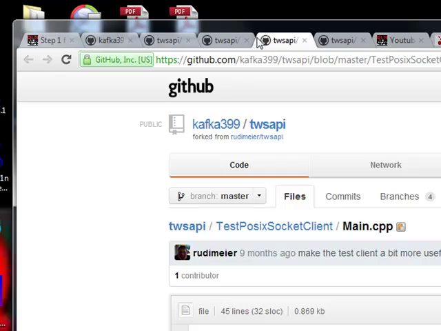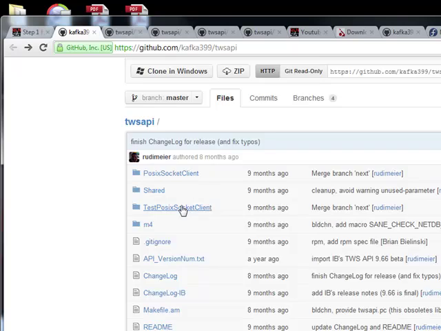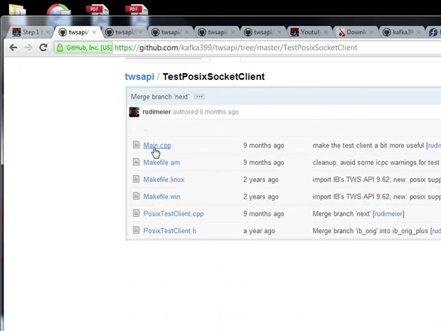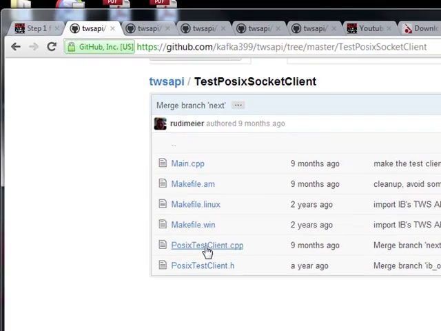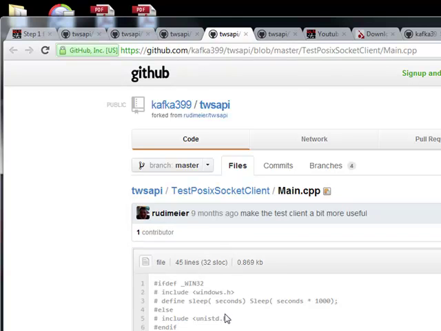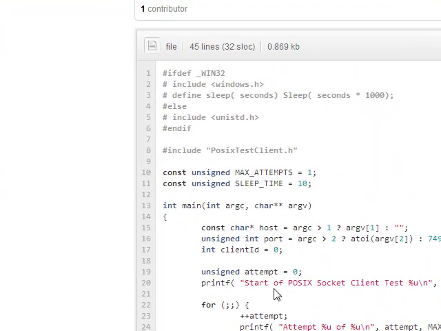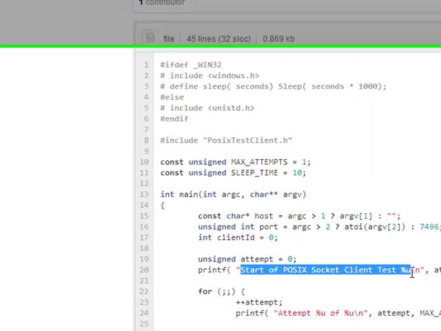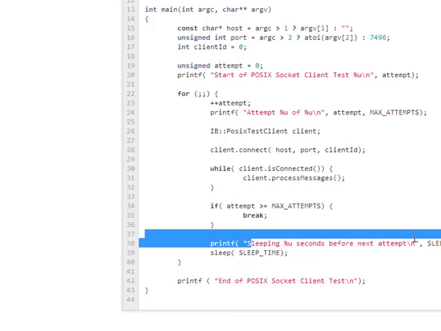If I go into that folder, you will find basically two C source files that you want to be concerned with: the main CPP and the POSIX test client CPP. This is the main. All I want to really show you is that it will start the connection into the client, which is really the TWS, and then it will do an infinite loop